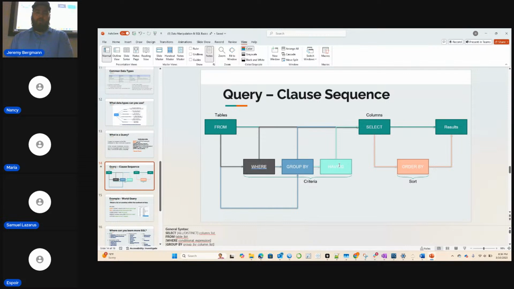And then you have your GROUP BY and HAVING. So it'll do your summation. And then you SELECT the columns. And then you can ORDER BY the values in those columns. You can even order by the values of 2 columns, 1 column first and another column second. And then you get your final results.